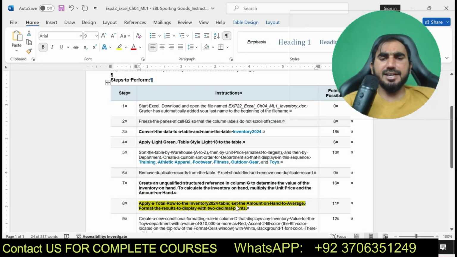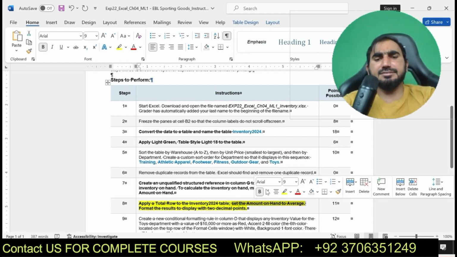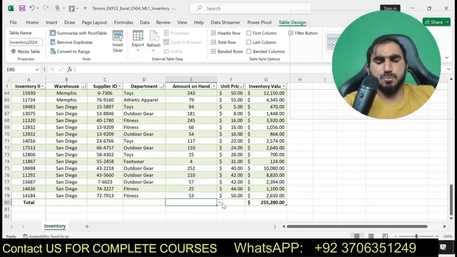Apply a total row to the Inventory 2024 table. Set the amount on hand to average and format the result to display with two decimal points.